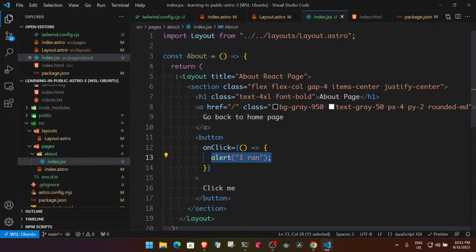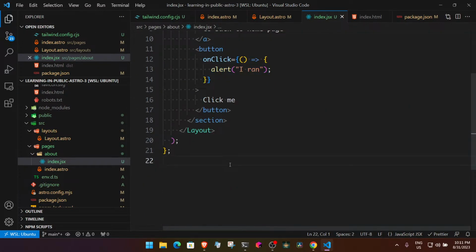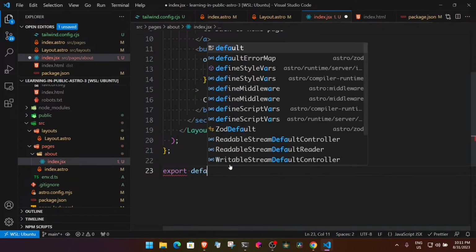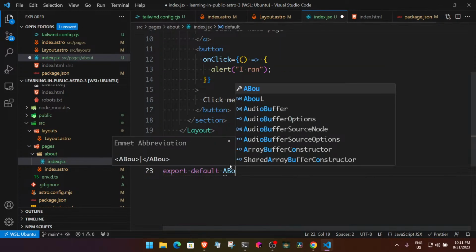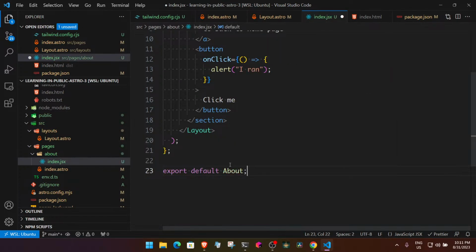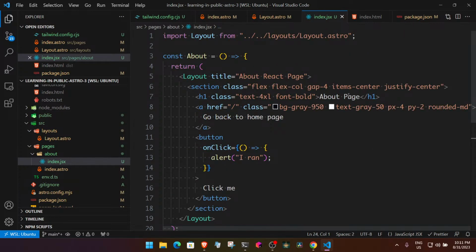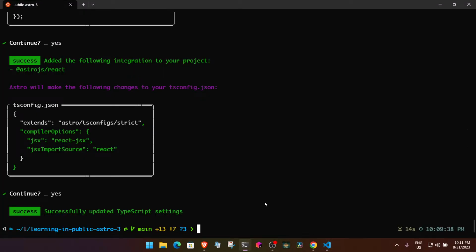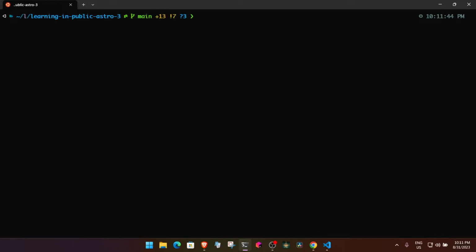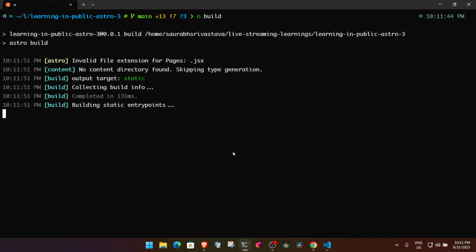Cool. And let's export this. Now let's see how this will work. Will it even work or not? Build,